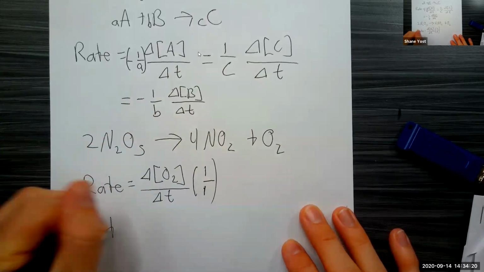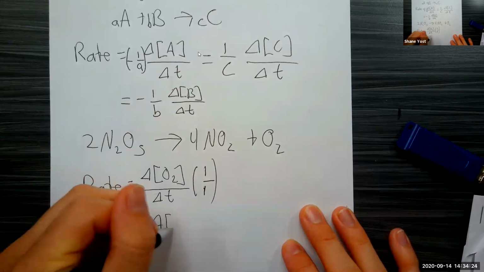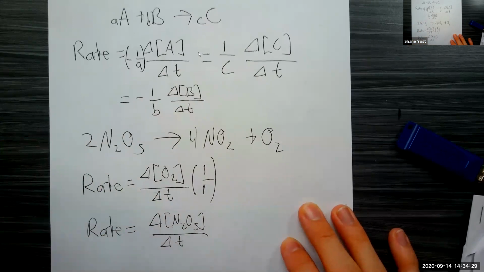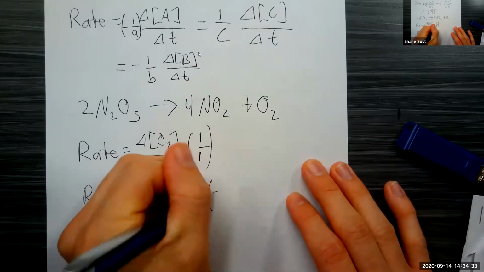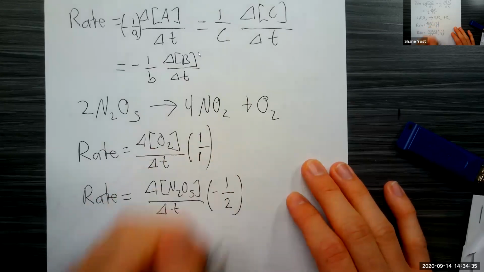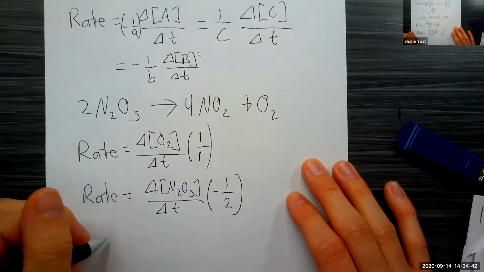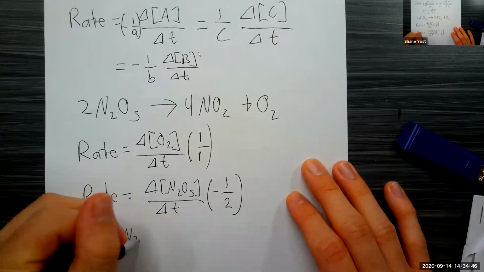If I measure instead the rate of change of N2O5 with respect to change in time, and multiply this by minus 1 over its stoichiometric coefficient, this will be the exact same thing. Because as we talked about earlier, the rate of change of N2O5